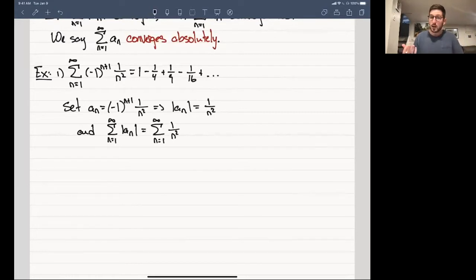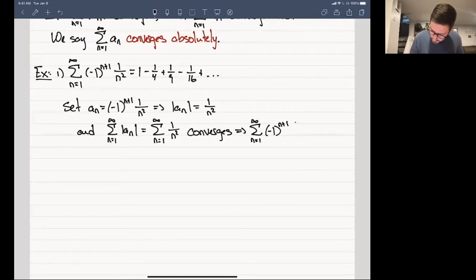And as we've discussed, this thing is convergent. We've offhandedly mentioned before in the lecture that in fact this thing converges to pi squared over 6. We're not going to show that here, but nonetheless, we know it converges,